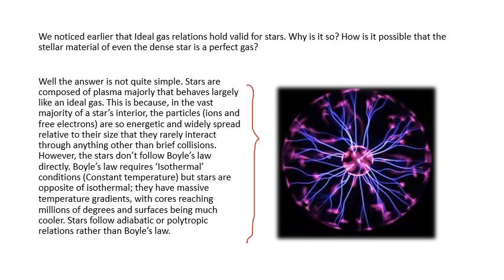Therefore we see a much larger distribution of these ions, and they rarely interact through anything other than sometimes brief collisions. Therefore the stars don't really follow Boyle's law directly, because Boyle's law requires isothermal conditions, that